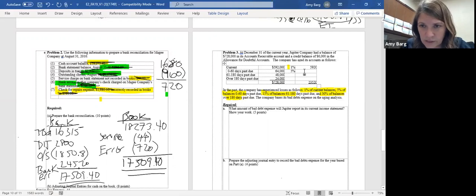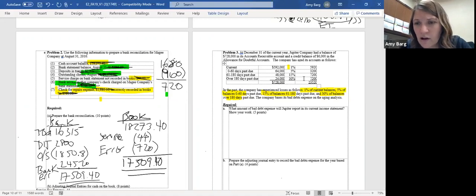So 64,000 times 5% is 3,200. For 61 to 180 days, it told us 15%. And so 15% of 48,000 is 7,200. And for the last one, it told us 30%. 30% of 24,000 is